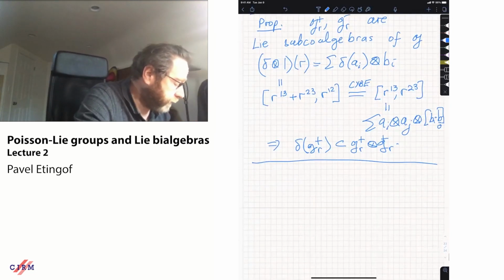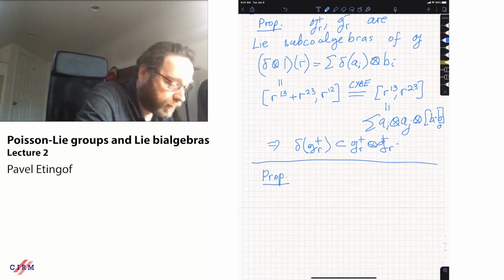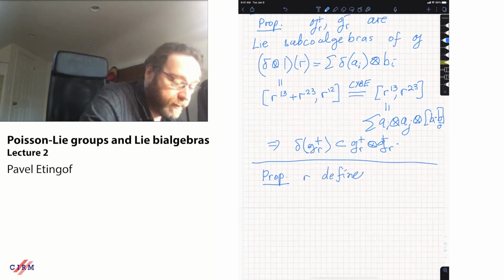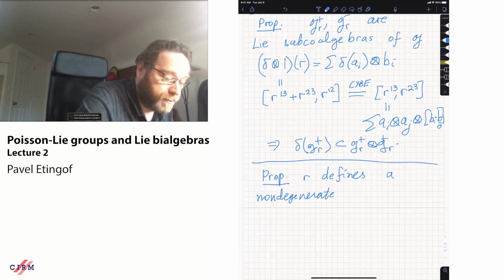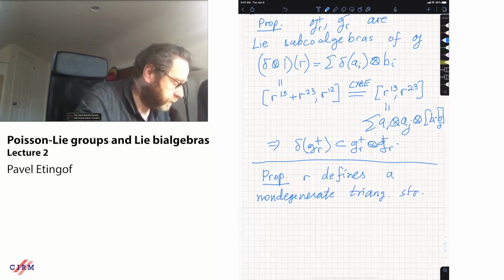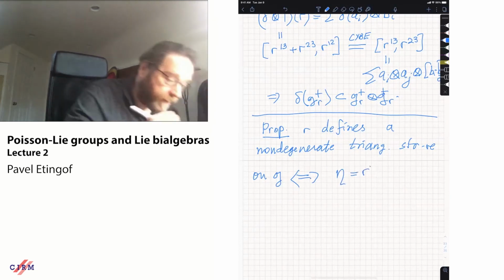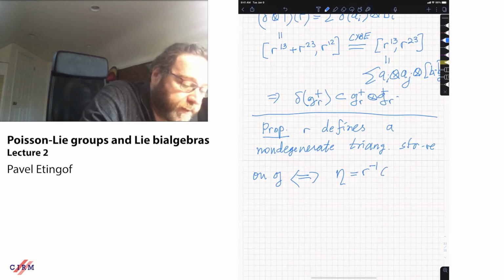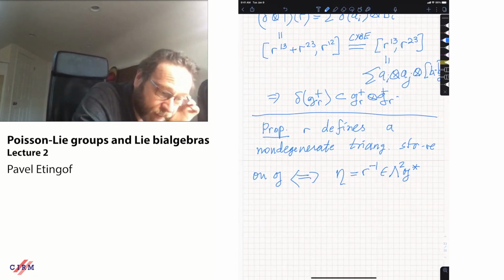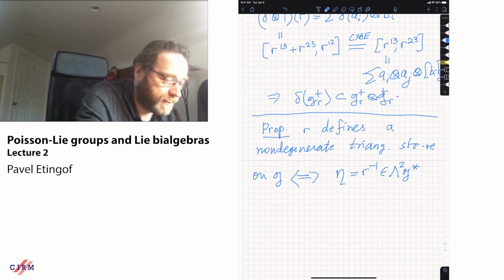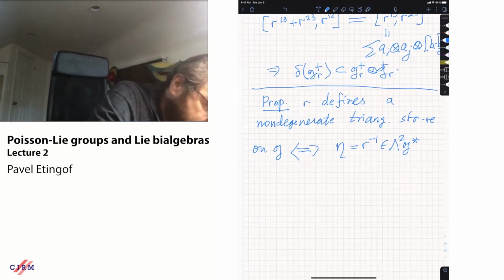So this is a Lie coalgebra, and the same goes for minus. And the last proposition is the following: R defines a non-degenerate triangular structure on G if and only if... so we can take R inverse. If R is non-degenerate, we can take the inverse in wedge 2 G star. If you have a skew symmetric non-degenerate bilinear form on some vector space, you can take the inverse form on the dual space, which has as its matrix in the dual basis the inverse of the original matrix. And then this is a non-degenerate